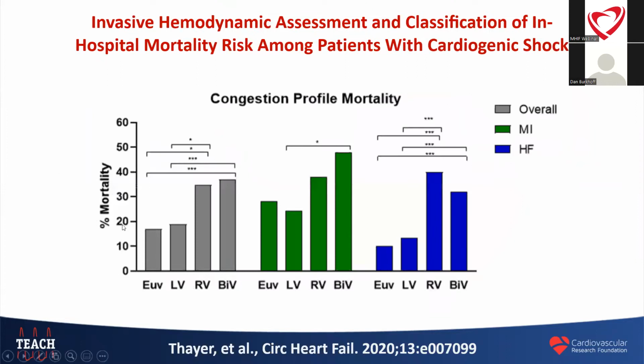And here what you see is the overall mortality in this cohort as a function of which quadrant the patient was in. And you see that if the patient was either euvolemic or had isolated elevation of wedge pressure, their mortality was about half that compared to if the patient had right-sided primary congestion or bilateral congestion. So this elevation of CVP is playing a very major role in the prognosis of patients who present with shock. So while we're very aggressive in treating wedge pressure because it obviously creates pulmonary edema, difficulty with oxygenation,